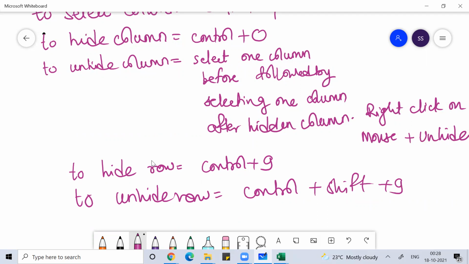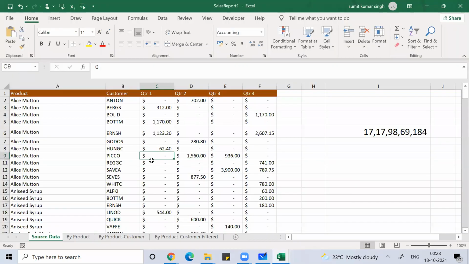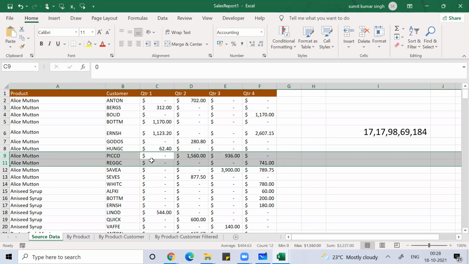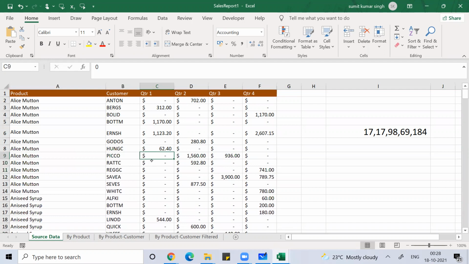First you select one row before it and one row after it, and then you do Control Shift 9. So you can see row 10 is hidden. I'll select row 9, Shift right arrow. Now I have selected row 9 to row 11, then Control Shift 9. So the hidden row became visible.